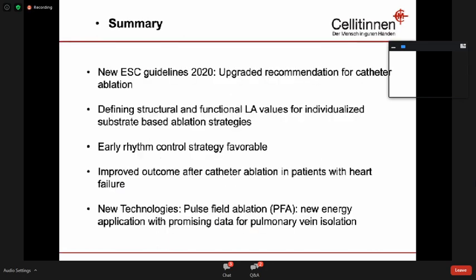So, ladies and gentlemen, I'm very good in time. It's just 40 minutes. I want to summarize. There are new ESC guidelines in 2020, and in these guidelines, the recommendation for catheter ablation was upgraded. Defining structural and functional values for individualized substrate-based ablation strategies is very important. So early rhythm control strategy may be